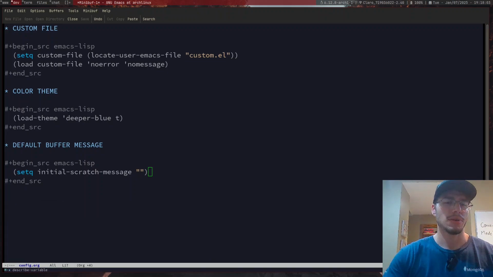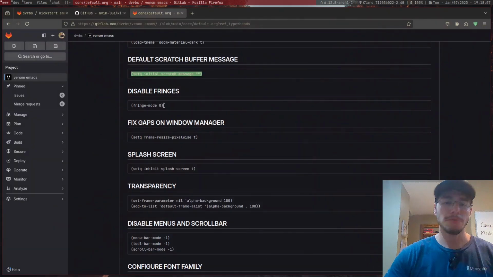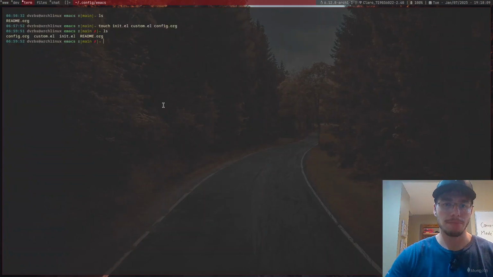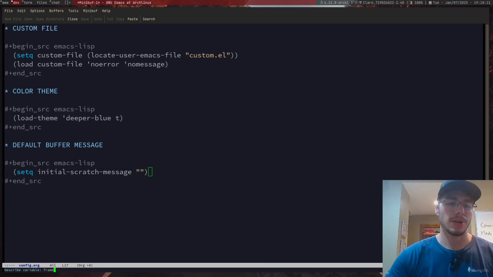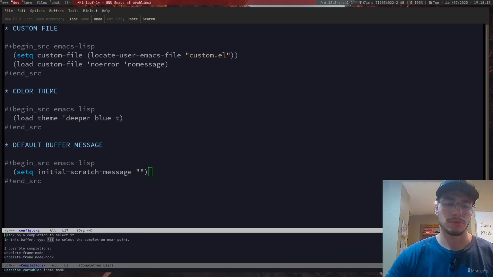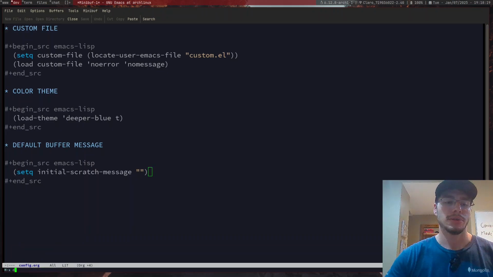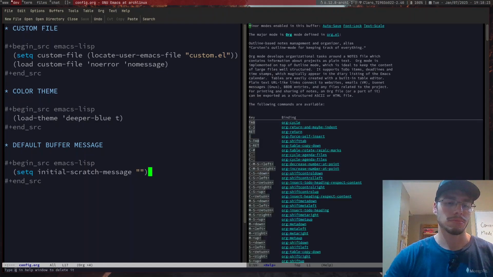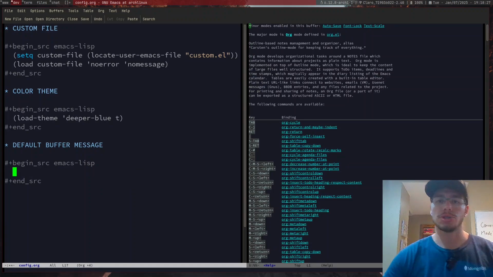Let me remember the name of the variable. It was frame mode. Undelete frame mode. Okay, so it's not a variable. So it's describe mode, probably, right? But describe mode, if I do not show any mode,